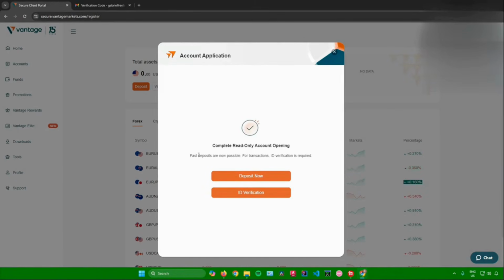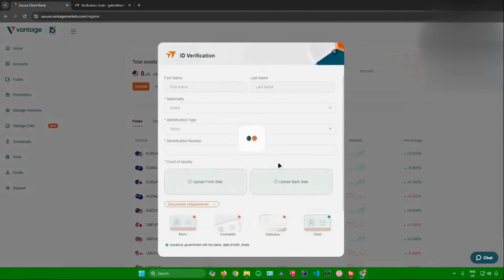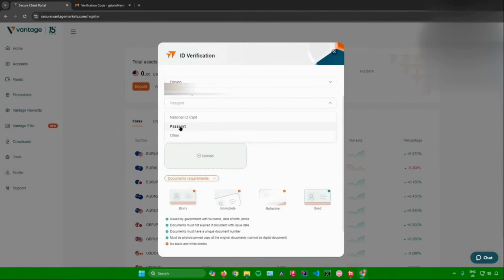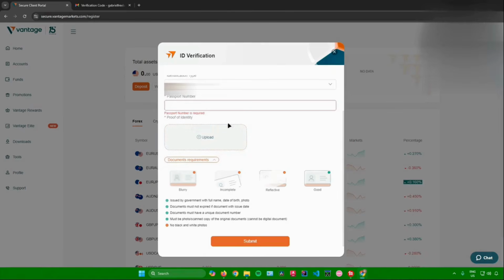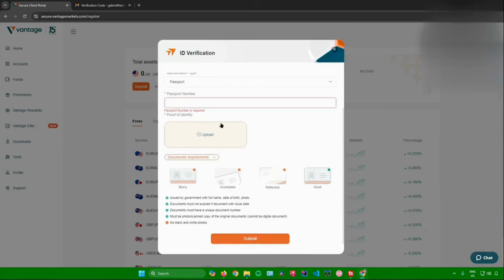So fast deposits are now possible. For transactions, ID verification is required. So just click on ID verification right here. And then after that, what you want to do now is to choose what kind of ID you'll be using. So you can use your passport or your national ID or another kind of ID. So I will just click on passport right here, enter your passport number,